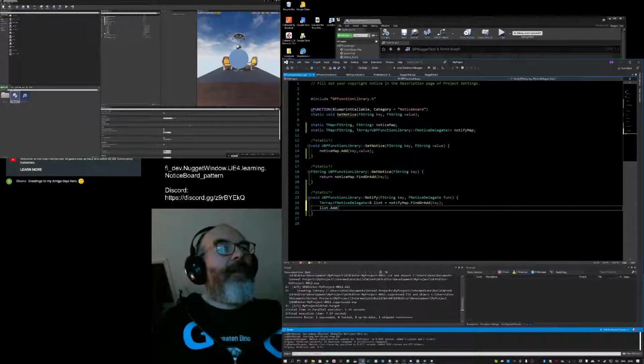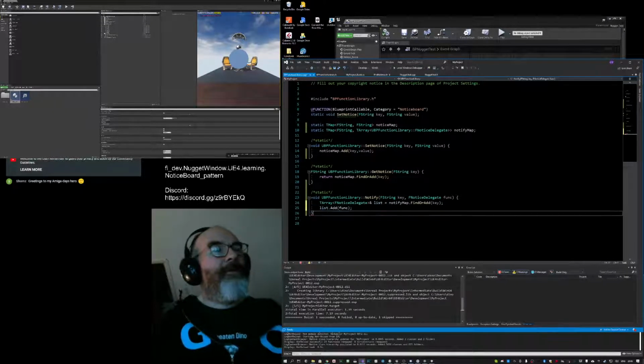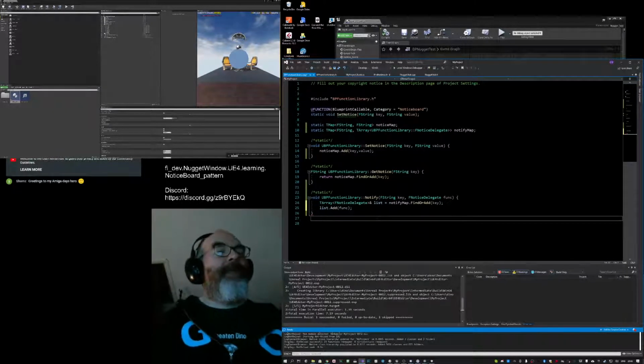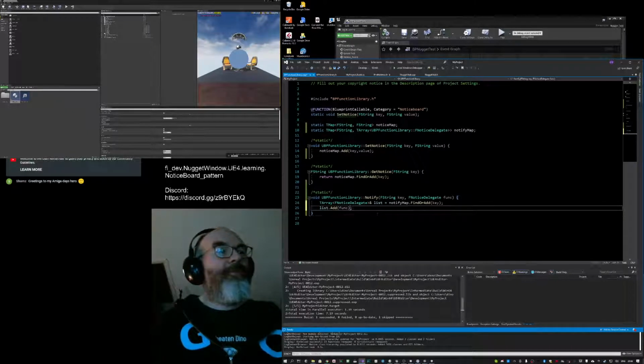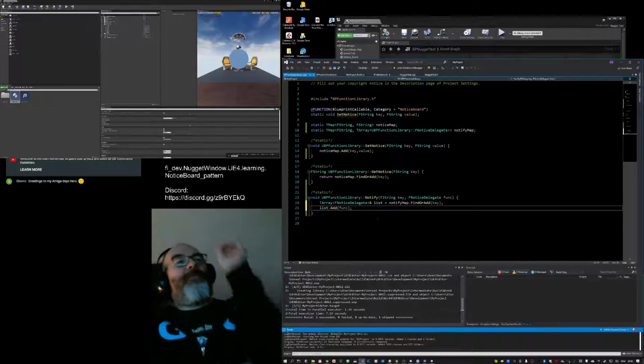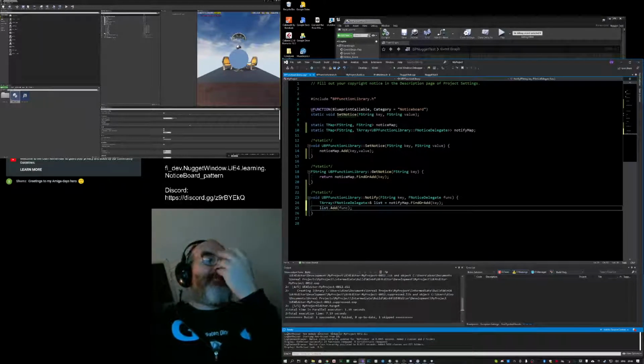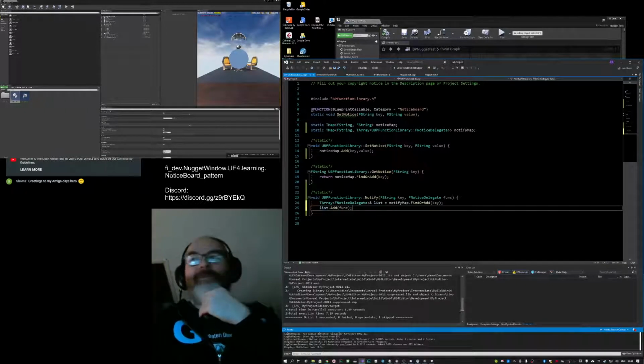So I think I probably can just do that, but we'll see. Yes, okay. It's not upset with me for doing that. So what this will do is find the list. It's actually an array, but find the array of delegates associated with a particular key and add this function to it.